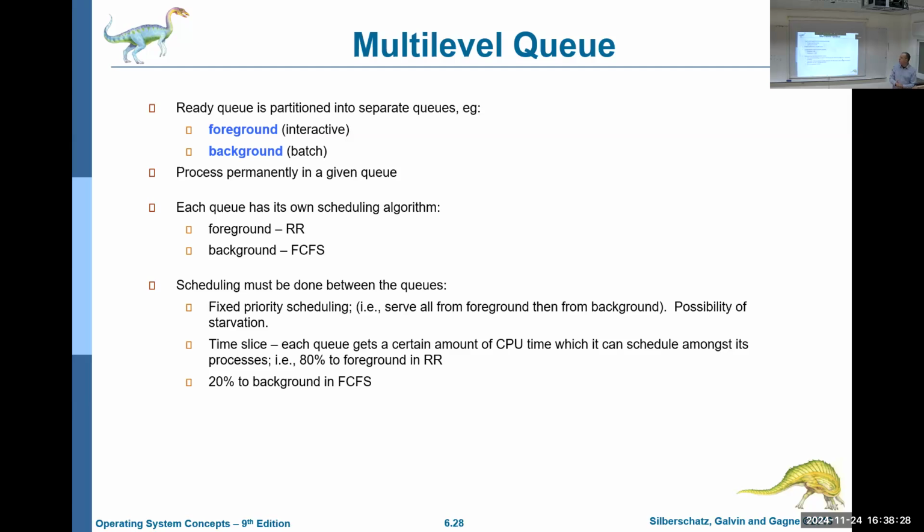So here, let's see what they write here. Ready queue is partitioned into separate queues. So we have a foreground. So this is just saying we could have some jobs that are foreground and some jobs that are background. In other words, if a job is meant to be done in the background, which means it's not a high priority job, then we can put it in one queue where it's serviced only, where let's say